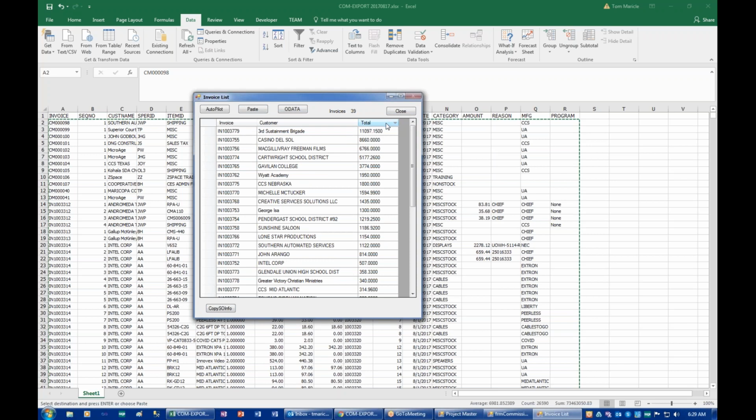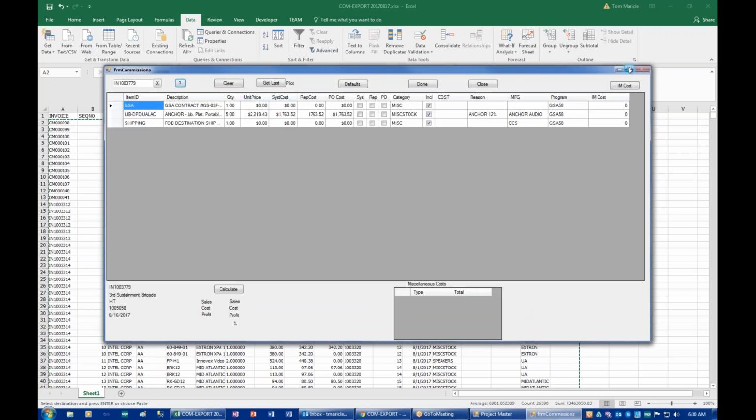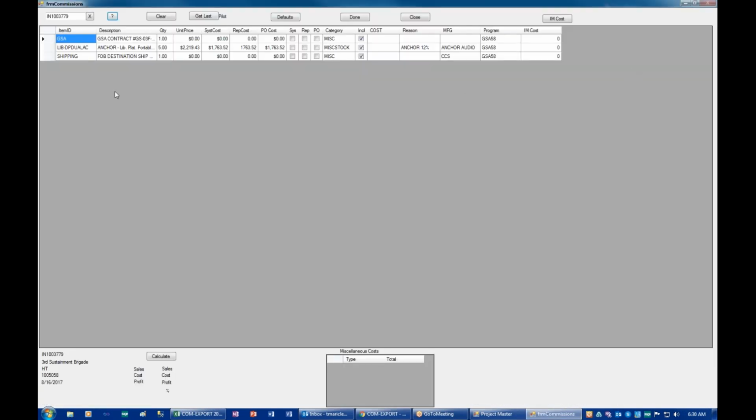So I'm going to sort them in descending numeric order so we can do the largest ones first. So you see our largest one's $11,000. So I select that row, and then I'm going to click on Autopilot. And what Autopilot does is it will automatically process the invoices